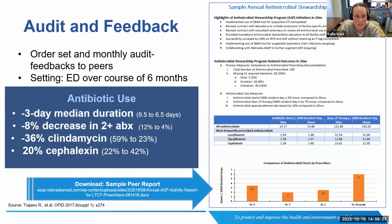So over a third reduction in clindamycin. And this was because they also did include an order set as part of this. This was for skin and soft tissue infections, so they increased their uptake of narrow regimens with cephalexin. An example, this isn't the exact